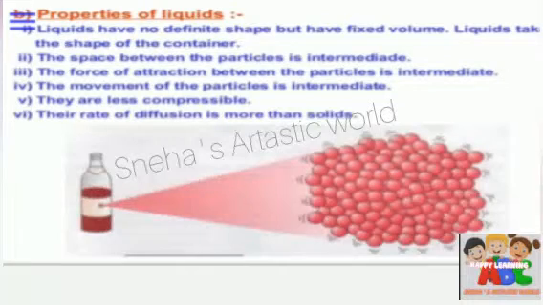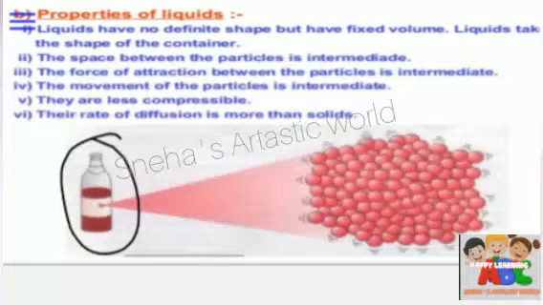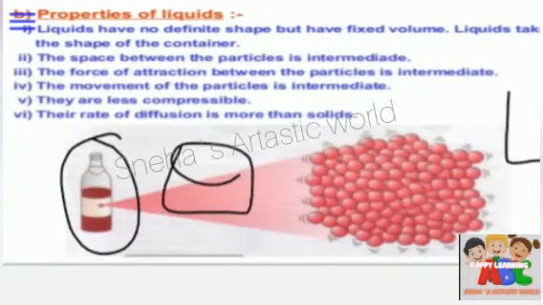For example, if you take water in a bottle, the water takes the bottle shape. Yes, you can see there. Again, if you take the water in a cup, water takes the cup shape. And again, if you take water in a vessel, water takes the vessel shape. Yes, the liquid has no definite shape, but